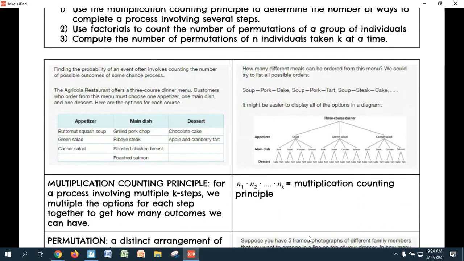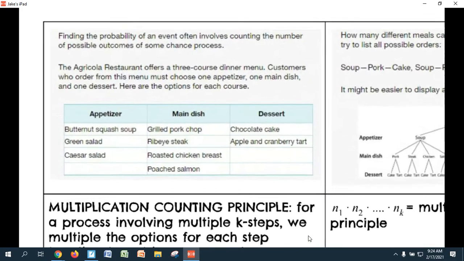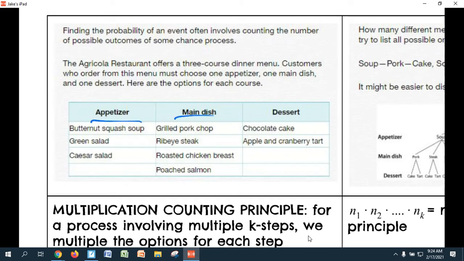Now let's look at this situation. We go to a restaurant and there are options for an appetizer, a main dish, and a dessert. Let's say you were just dying to know how many different combinations you could possibly have at this restaurant. We could have butternut squash soup with roasted chicken breast with apple and cranberry tart. That's one combination we could do, and there are a lot of different ways. Instead of listing all of those ways out, which would take a very long time,